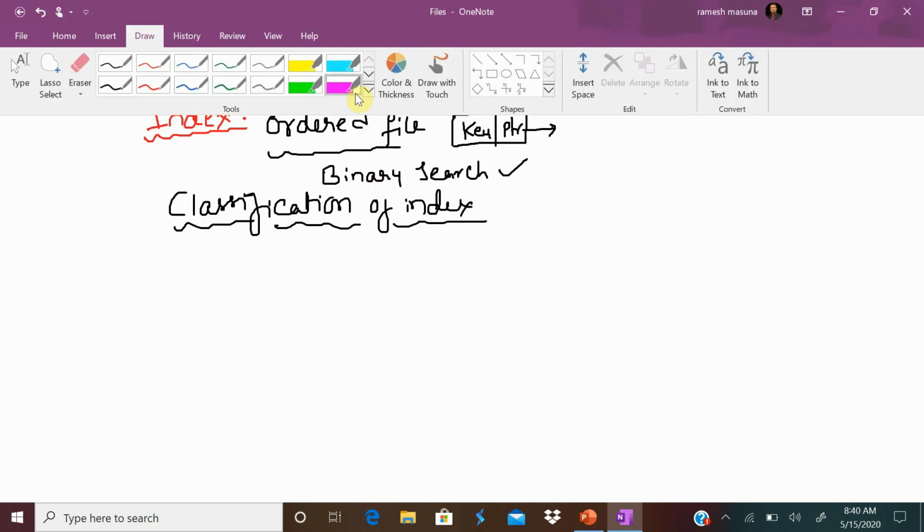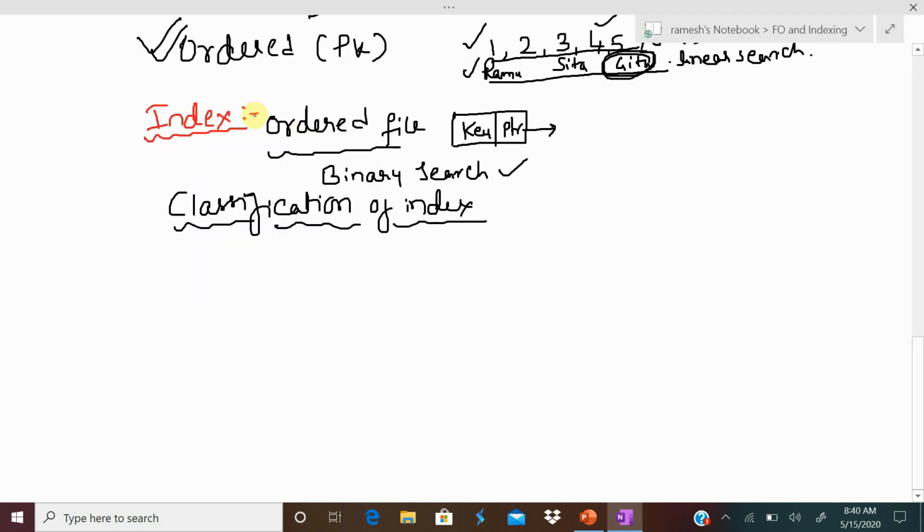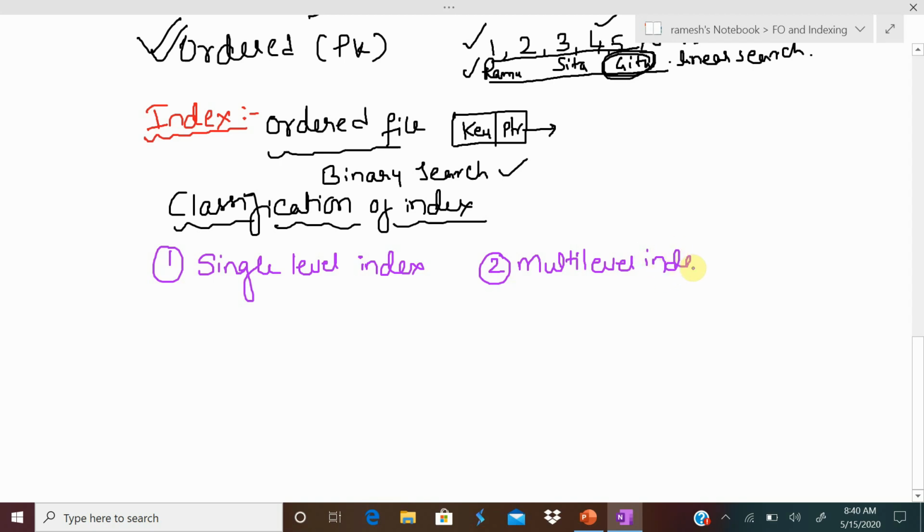We call them single level index and multi-level index. Single level and multi-level index.